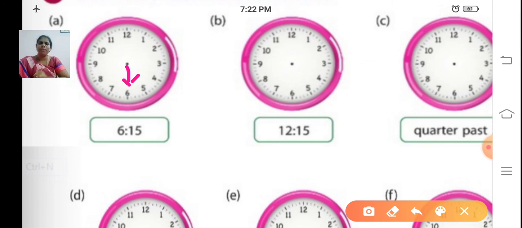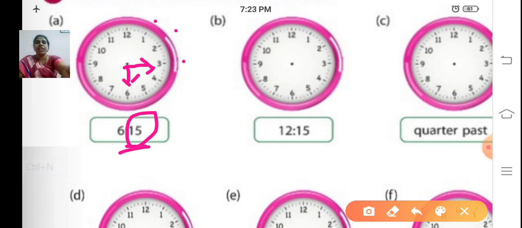Okay. Then what do you mean by 15? That means 15 minutes. So where will it be? Just see, this is 5. 1 means 5, 2 means 10 minutes, 3 means 15 minutes. So where will you draw the minute hand? At number 3. It has to show number 3. Why have I drawn at number 3? As the time is 15 minutes, right? So 1 represents 5 minutes, 2 is 10 minutes, 3 is 15 minutes. So to draw 6:15, the smaller hand should be at 6 and the bigger one should be at 3.